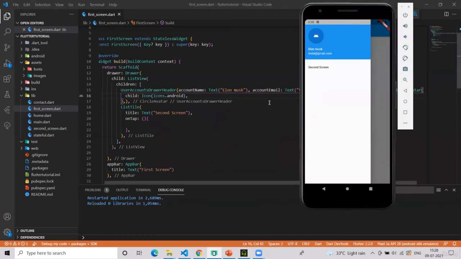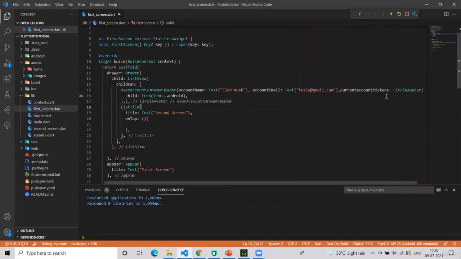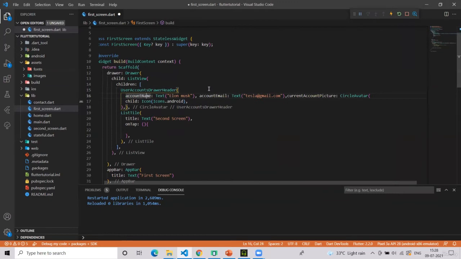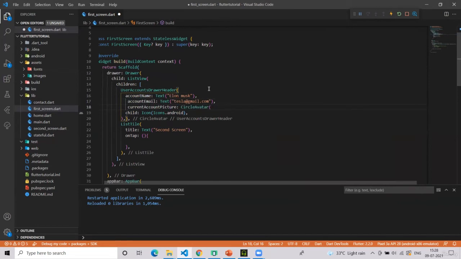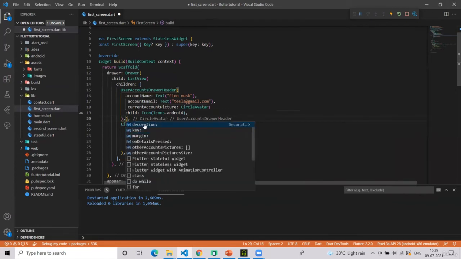You can change other things in it as well, but right now it's better to keep it simple because Flutter is very vast and there are lots and lots of properties and arguments to give. If you want to see, I will go here and say arrow color, key, margin, on details pressed.